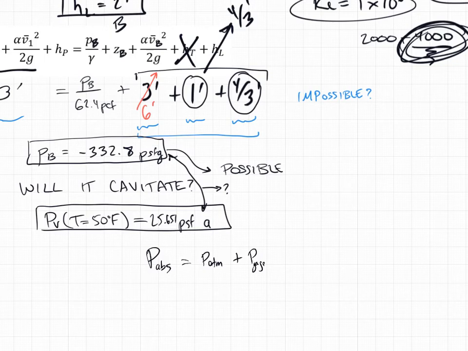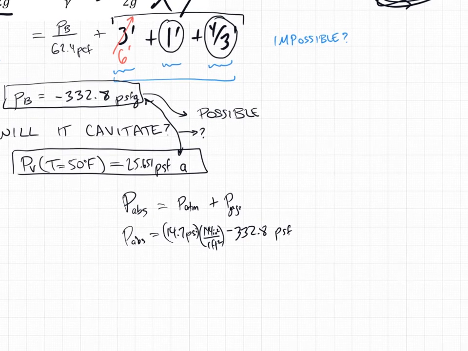In other words, right now I know that I'm 332.8 PSF below the atmospheric pressure. The atmospheric pressure is 14.7 psi, pounds per square inch. But of course we can't work in psi. I want it in square feet, so that's going to be 144 inches squared over 1 foot squared. That equals whatever this absolute pressure is going to be at B. So let's go ahead and compare that. So P absolute equals